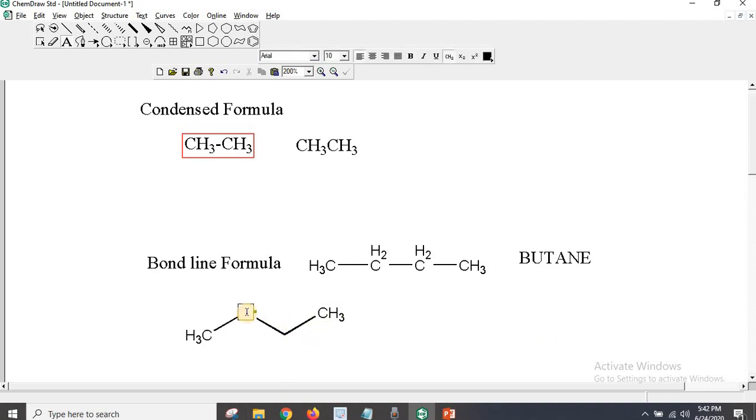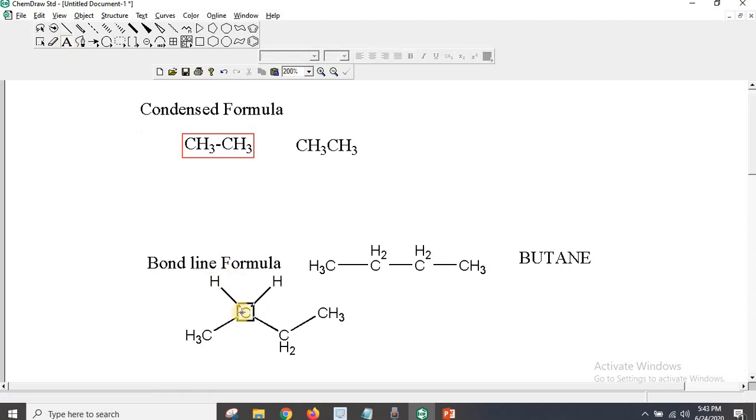Then this is CH2 group and this is also CH2. How this formula is written is very important, because the bond line formula, if you want to draw the structure of butane, represents only lines. It does not show you the hydrogen-carbon bond and carbon-carbon bond. Only the lines are shown, so it is very simple to show the formula, with hydrogen on this atom.